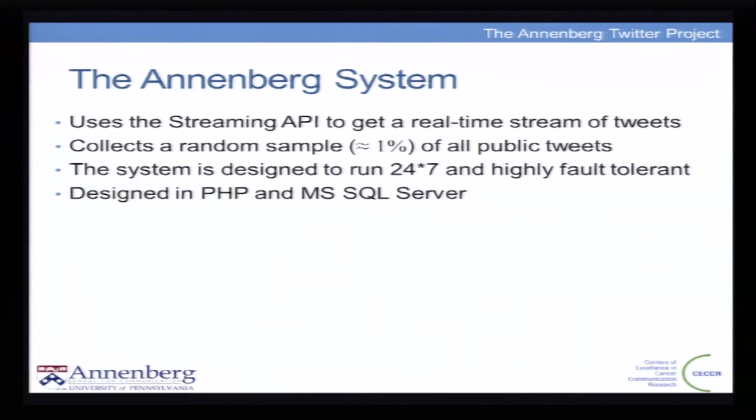So let's talk a little bit about the Annenberg system. As I mentioned, we are using the streaming API here, and we are collecting about 1%. Sometimes it goes up to 2%, depending on the traffic they're seeing on their end, on the Twitter data warehouse side. They also limit sometimes, so that's very important to know. The system itself is designed to run 24/7, and it's fault tolerant, so I don't have to worry about getting a 1 o'clock call that we stopped collecting data. It sends alerts, and we also have reporting that we find very useful, and we learned along the way.